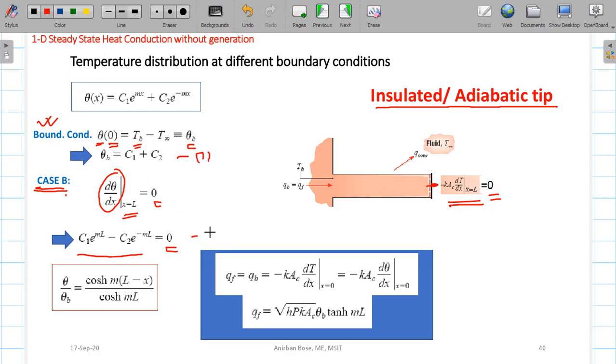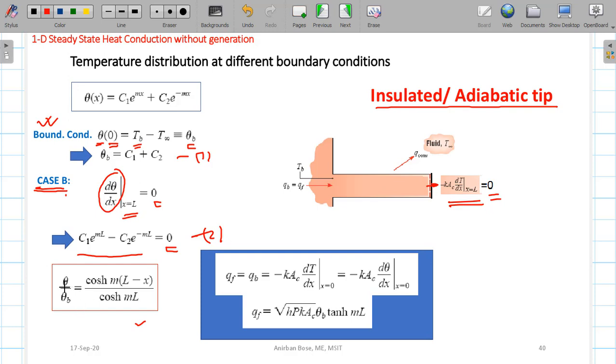and this is the second, and from these two you can solve theta. That means you can solve C1 and C2, and if you put those C1 and C2 you will get this theta. So try this exercise at home to get these final expressions, and if you find any problem, then definitely I will help you in the interactive class.